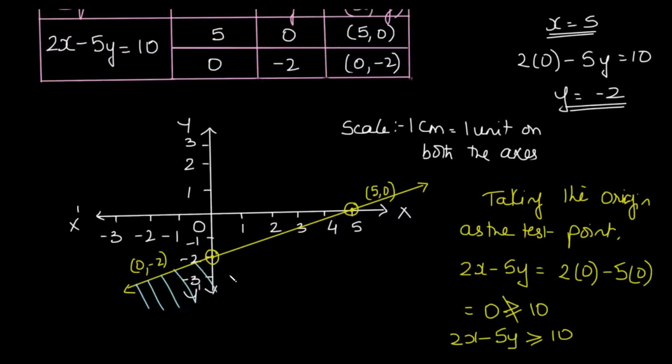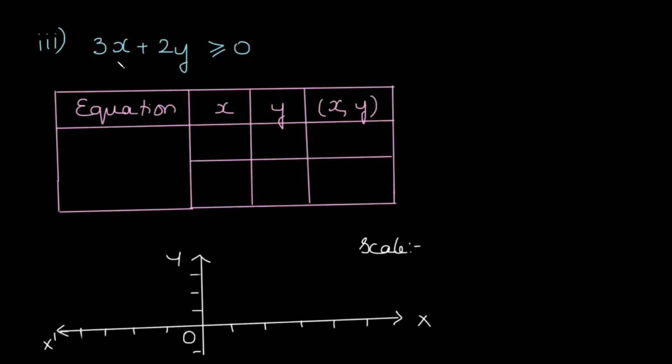So the feasible region becomes this one, which I am shading over here. The entire region is of course unbounded, so it is unlimited on one side, but yet we have a limitation while writing. That is why we are drawing this much region as a feasible region, that is it. So thus the sum is done. Now the third question is an interesting one. Just see how it is done.